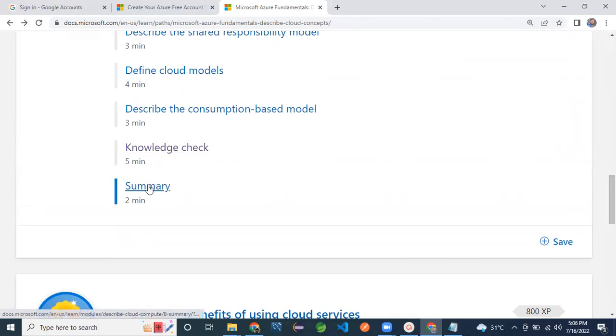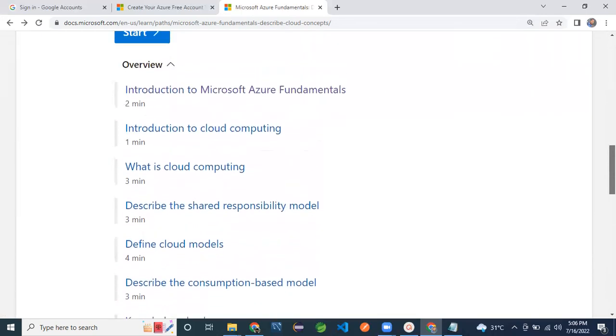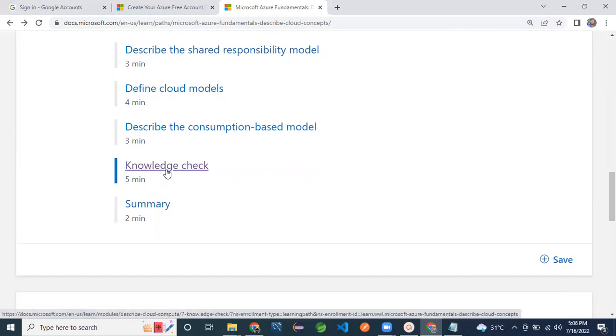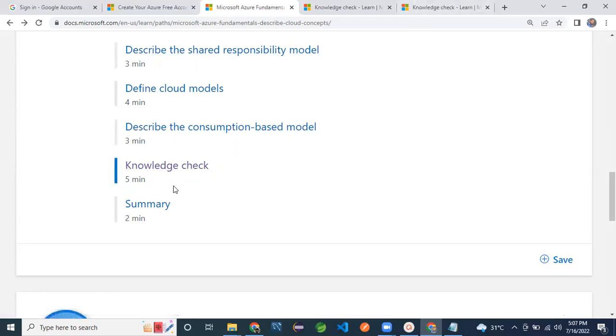Many people will ignore these two, but I highlight that you should go through these two important parts. After completing all the above topics, people will think these are not required and we can go ahead, but it is very important to cross-check your knowledge. Those are the knowledge check and summary.